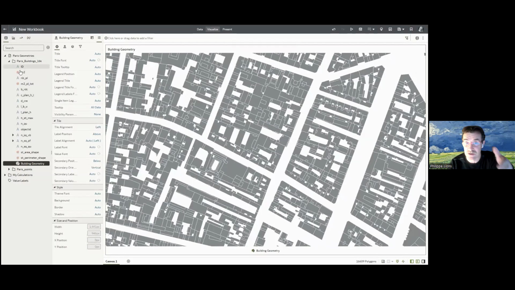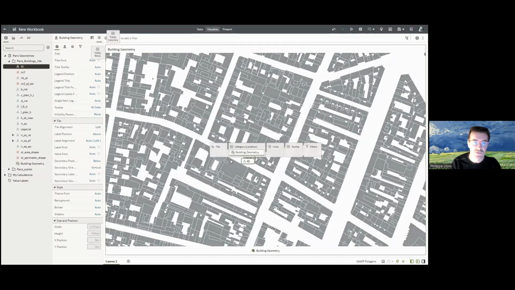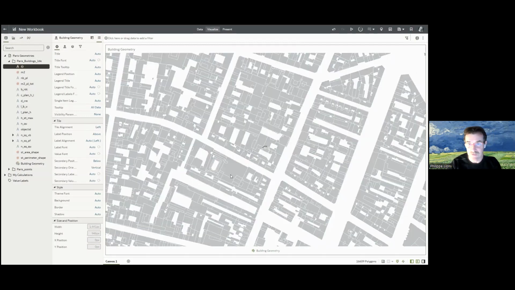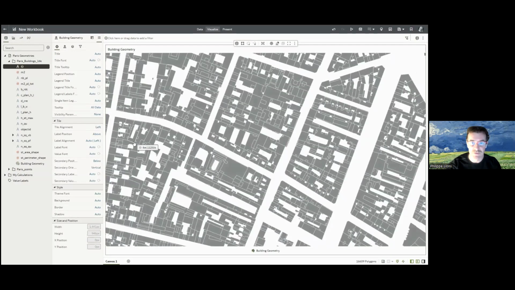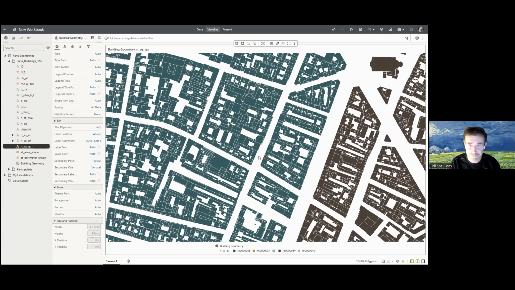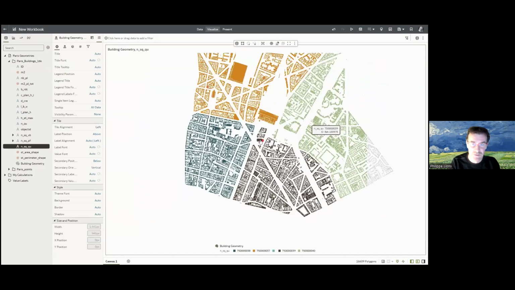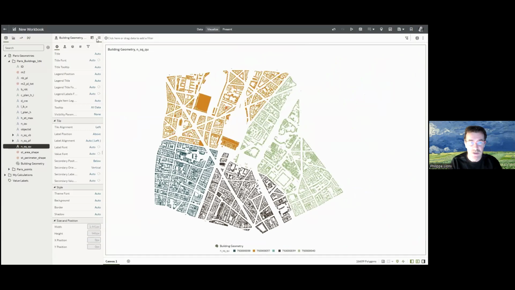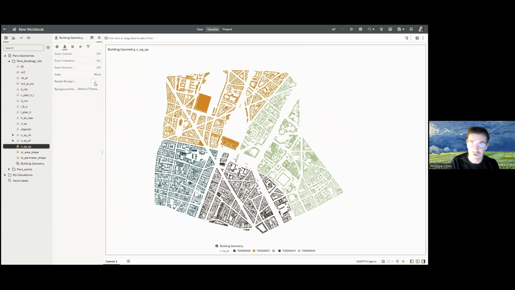In this case, these are polygons. They could be points, they could be lines, they could be anything defined in my geometry, and it's represented as a map right away with all these details. Of course, I can enrich this map just like any other map that you're familiar with in Oracle Analytics. I have added the tooltip with the ID showing the building number here. I can color it with any data. I could change the geometry definition in the CSV and represent it again, and it would refresh,